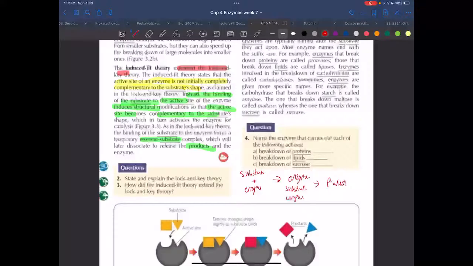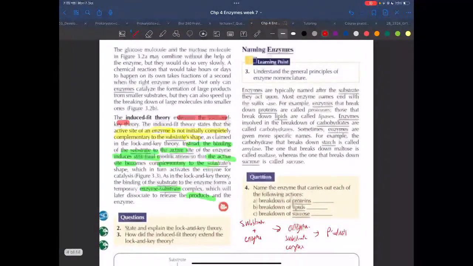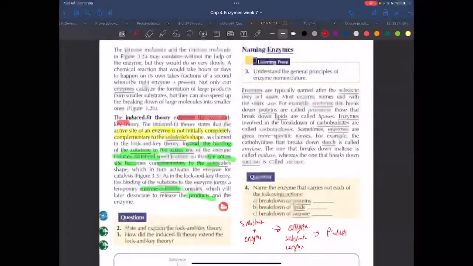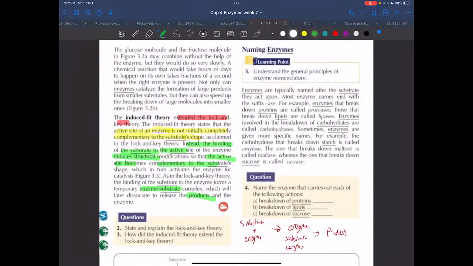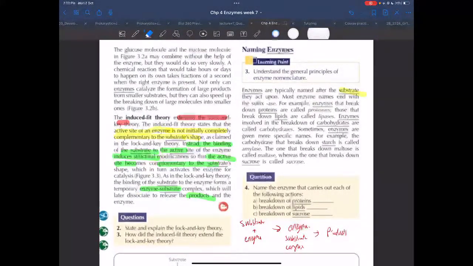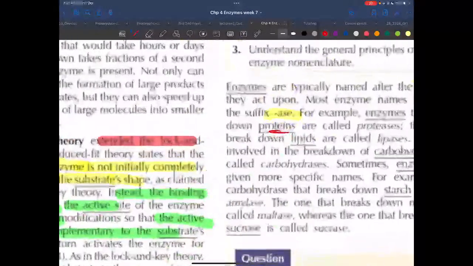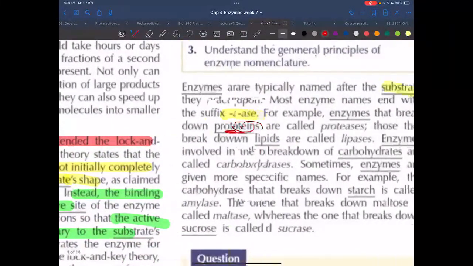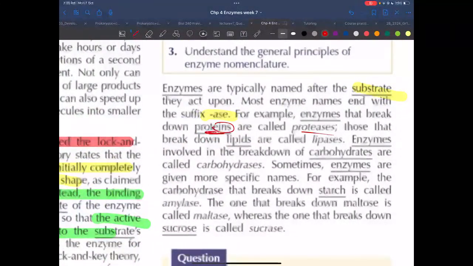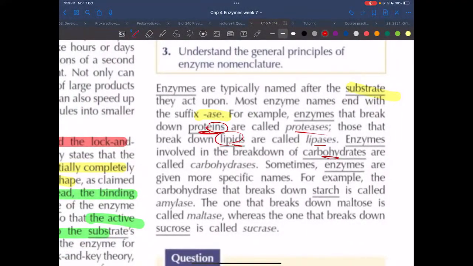Okay, perfect. Now the way we name enzymes. Naming enzymes is very simple. You just look at the substrate and then remove the end letters of the substrate and add -ase. That's how most of them are called. So for example, proteins, I'm going to remove the end and add -ase, so it's going to be proteases. The ones that break down lipids, I remove the end, I add -ase, lipases. And breakdown of carbohydrates, we call them carbohydrases,